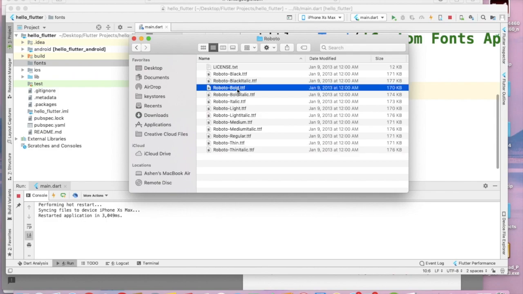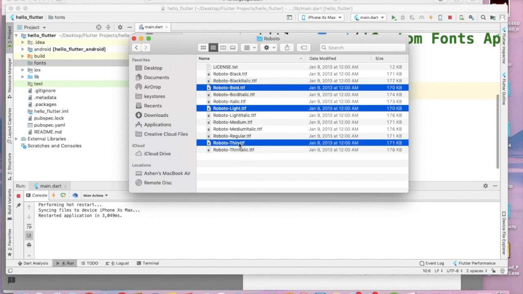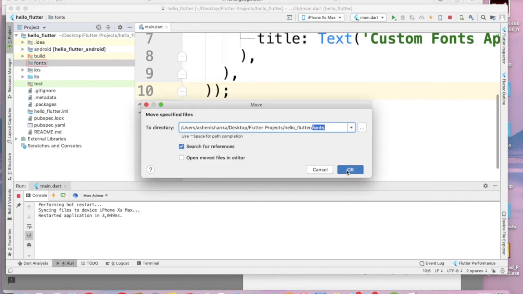I'm going to add my Roboto-Bold font, and I'm going to add Roboto-Light font, and finally I'm going to use Roboto-Thin font. Let's drag it to our fonts folder. Okay,